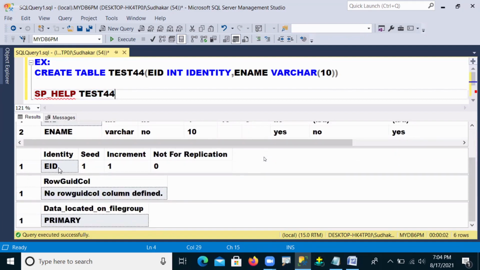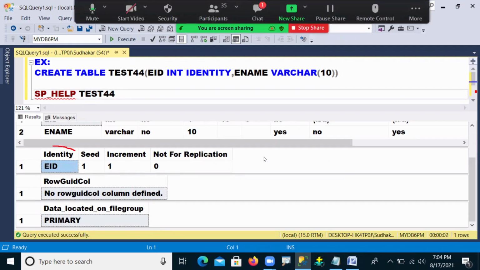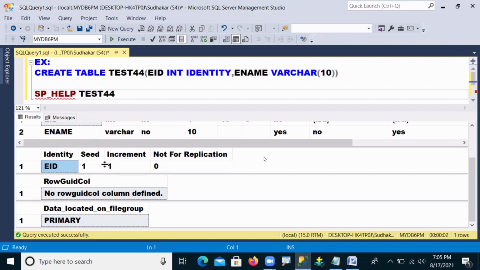In the structure of the table, carefully come out and see it here. See, I applied identity here. On which column did I apply this identity, guys? Here, the EID column. So that is the column name. And what seed value was taken by default? 1. What increment value was taken? 1. So that means by default, when the user does not give any seed or increment value, 1, 1 is taken. By default, 1, 1 was taken.